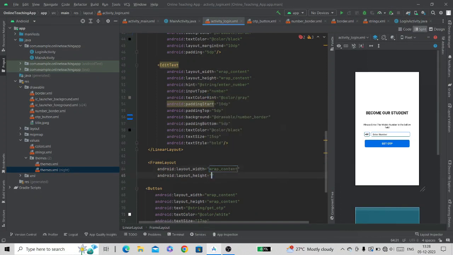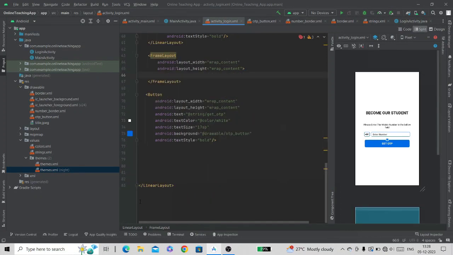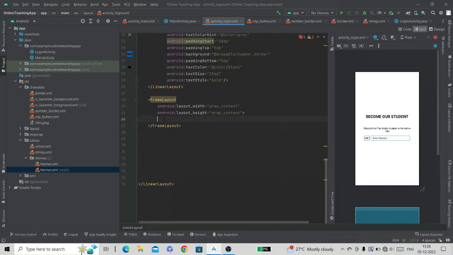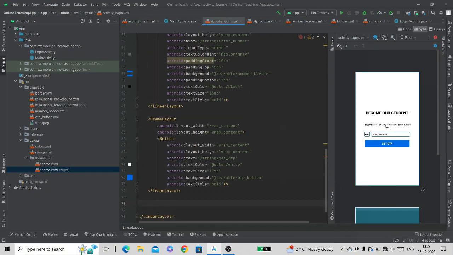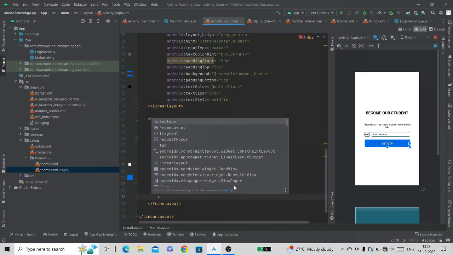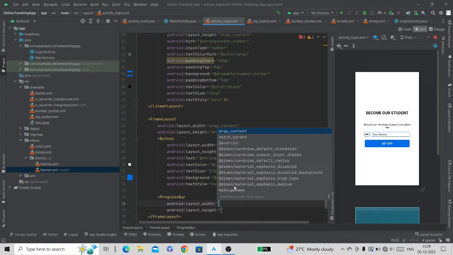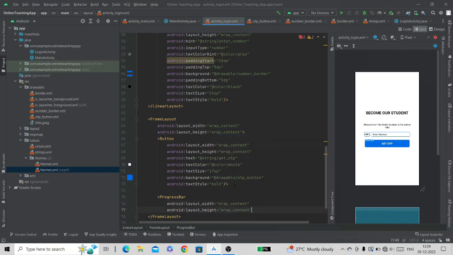Give the width wrap content and height wrap content. Now include this button inside the frame layout. Below this button, let's create a progress bar. Wrap content, wrap content.